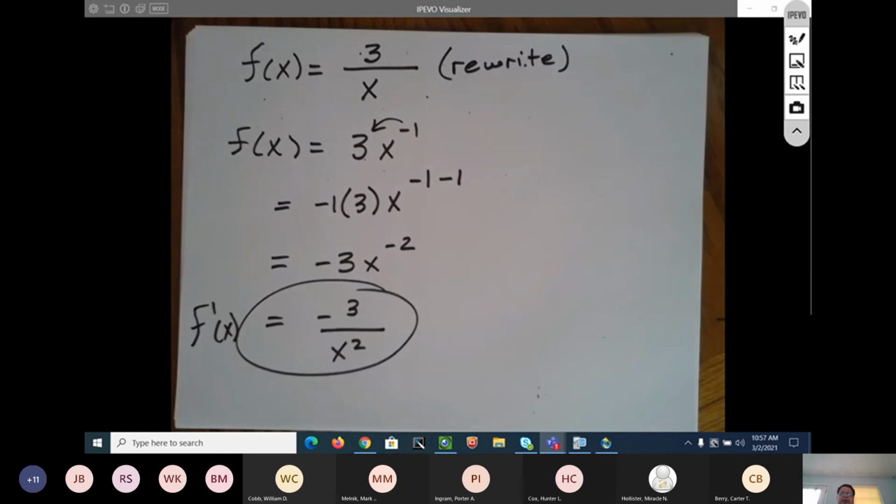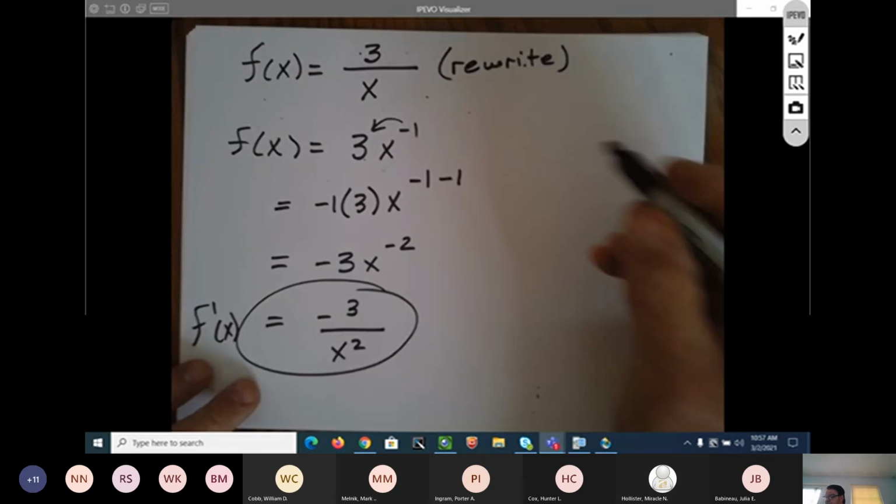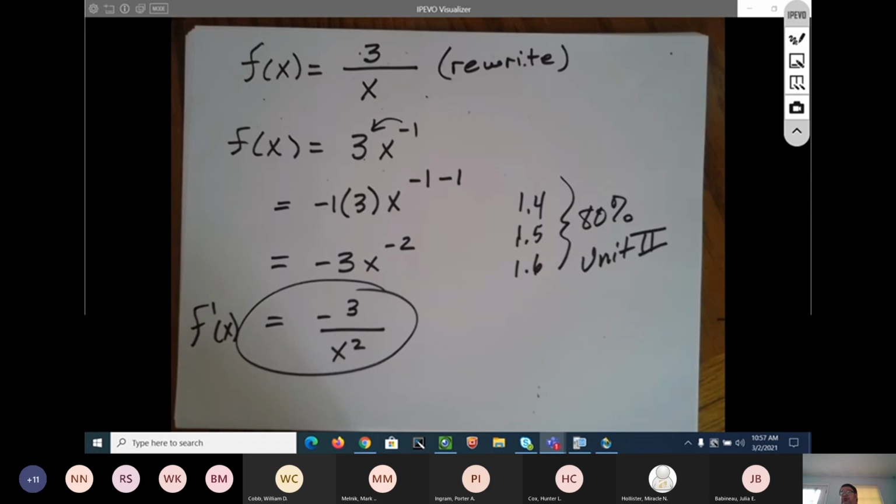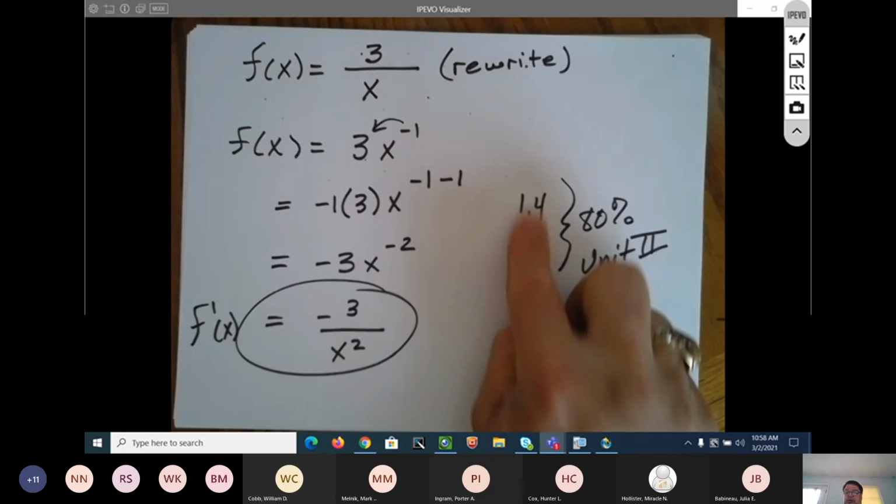So I don't mind covering 1.5 and 1.6 slowly because the 1.5, 1.4, let me write this down for you. 1.4, 1.5, and 1.6, 80% of your Unit 2 test. Okay, so you better make sure you do these 3 sections of homework and you make sure you can do them upside down and blindfolded because 80% of your test is going to come from these